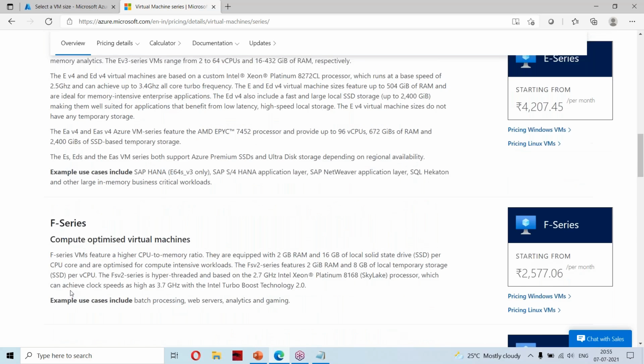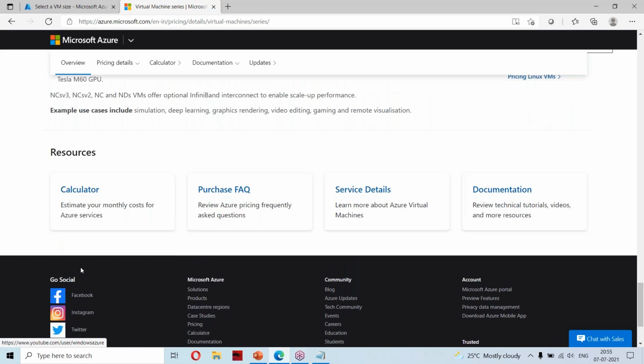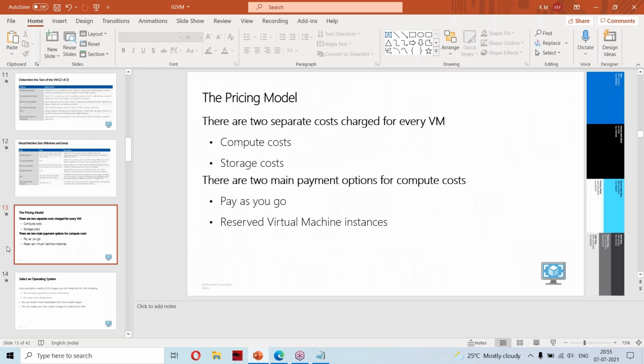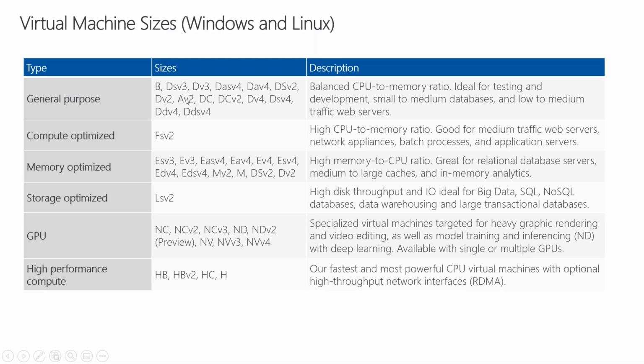So you have multiple series globally, and you can categorize them like this. Based on your need, you have to choose the appropriate VM while designing your infrastructure. If you are going with a database, you have to choose either this one or this one. If you are going for normal applications, this series should work out for you.